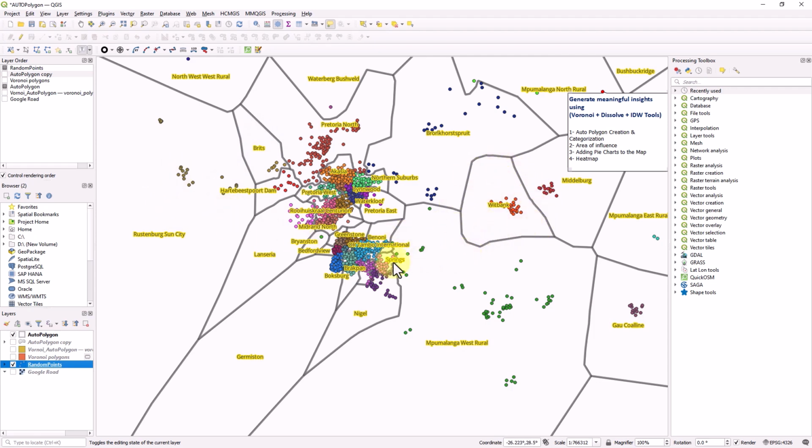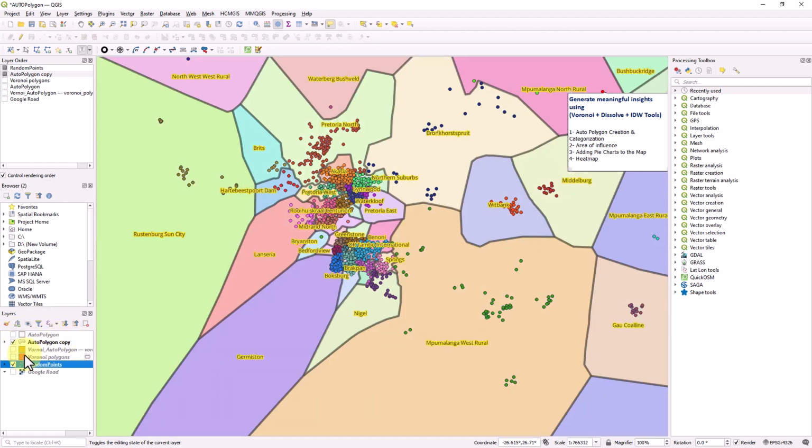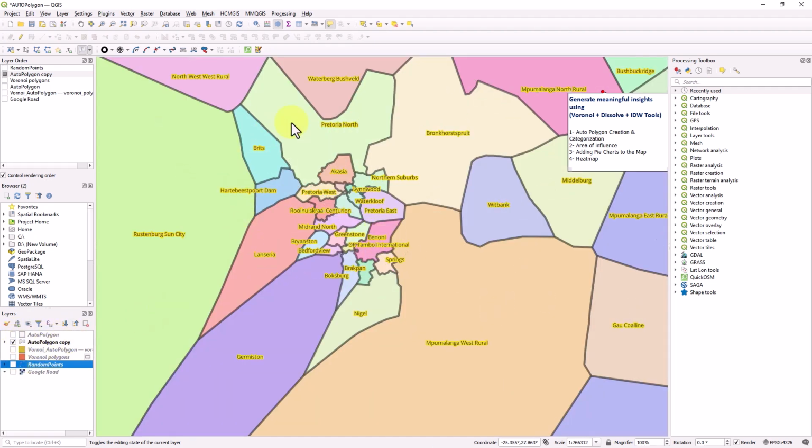We're going to do it not manually, but in an automatic way. This is the first point. Then we need to categorize it, for example, by color, like this. For example, if you hide this one, then we'll have this kind of, as you can see now, it's being categorized by different colors. And this is actually where we're going to use one tool called the Voronoi tool,